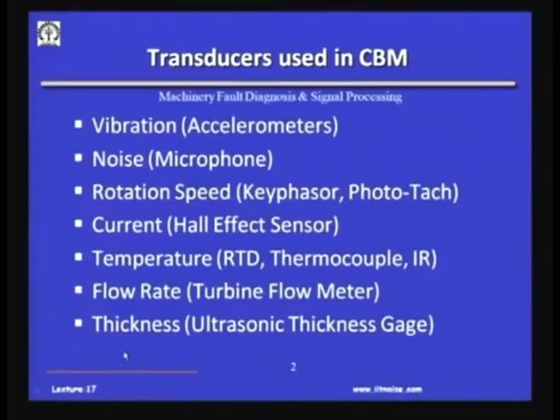And then in many of the process parameters, particularly in chemical plants, people need to measure the flow rates of certain fluids or slurries. And how do you measure such flow rates? In the lab, we all have used venturimeters, rotameters, pitot tubes, and orifices to measure the flow rates. But there you need to measure the pressure difference, and from the pressure difference you need to calculate the flow rate, and you need to know the area of the pipe and so on.